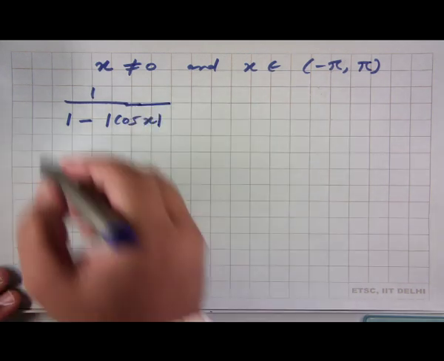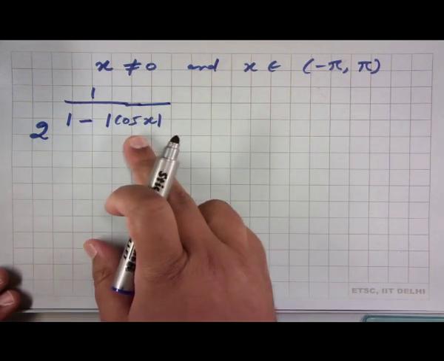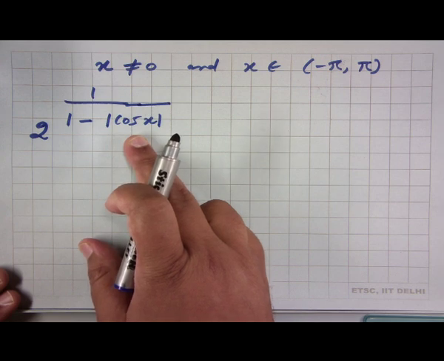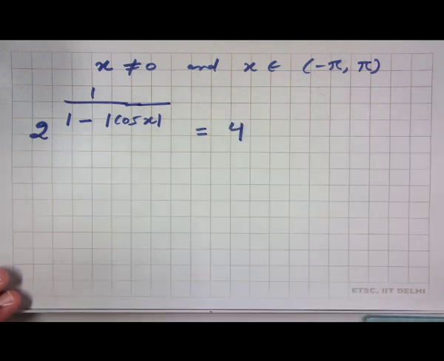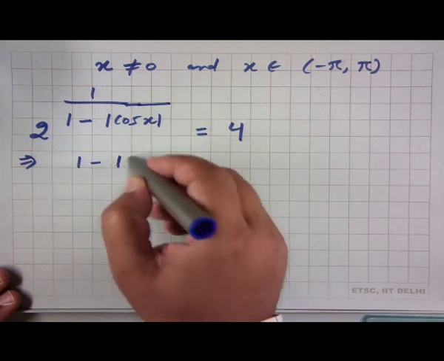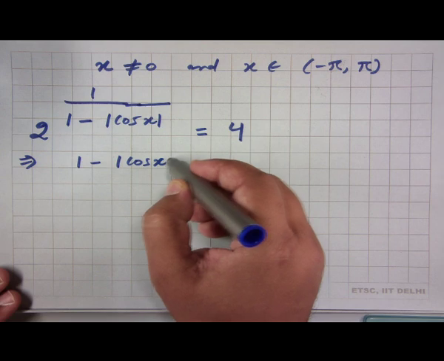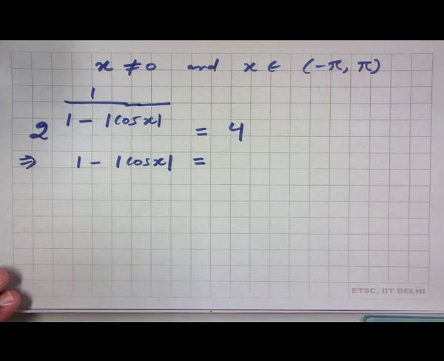And therefore, we finally have the trigonometric equation as 2 to the power of 1 upon 1 minus modulus of cos of x is equal to 4, which implies that 1 minus modulus of cos of x should be equal to half,